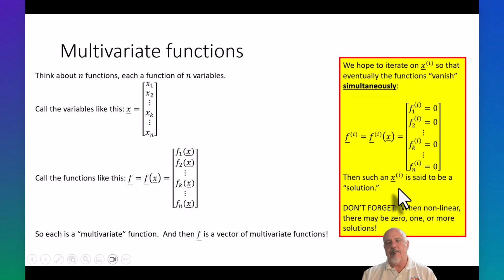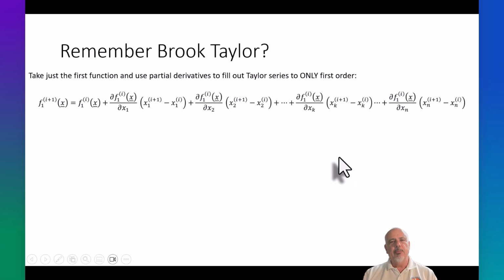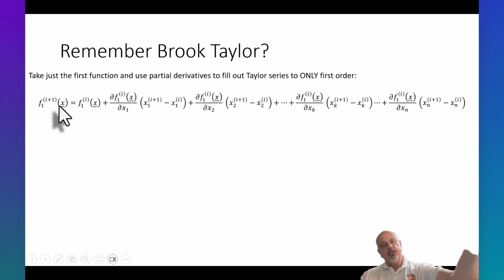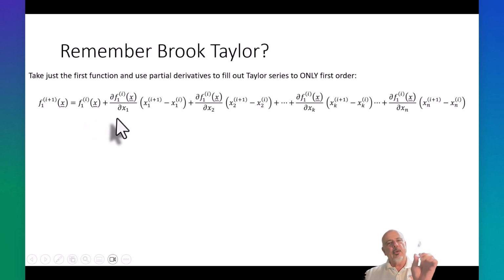Okay, so you might have one solution, you might have more than one, you might have zero solutions, and that's something we talk about in the next video, actually. Okay, so let's take a look at, you remember Brook Taylor. So you take maybe the first function, and you think about its next iteration, the i plus 1. Well, that would be equal to the current function, and then you have the partial of